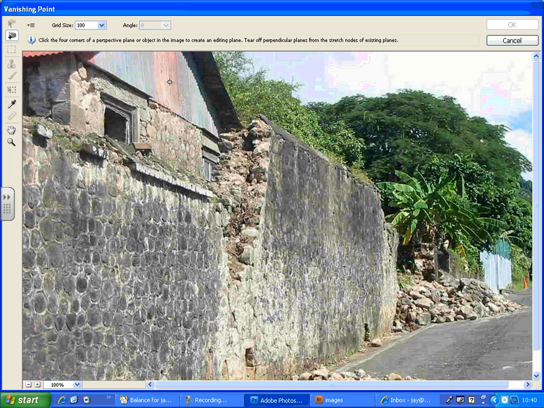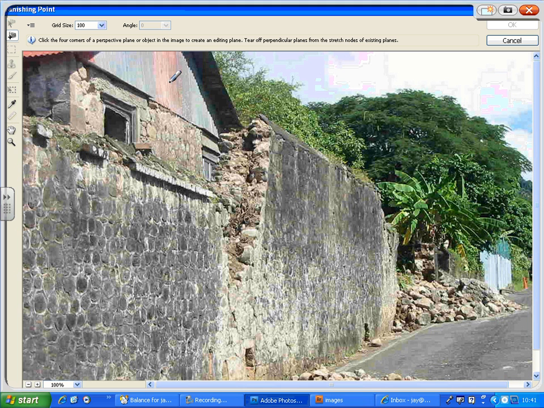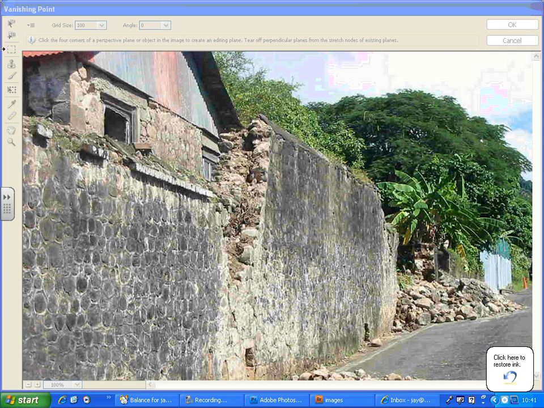same as Liquify, it gives its own panel. It shows the preview of your image in the center, and on the left hand side there's a short list of six or seven tools which you can use in your vanishing point section. Now here the first tool that it selects by default is in the top left corner, which is actually Create Plane Tool. So as this tool is already selected, what you should do is,